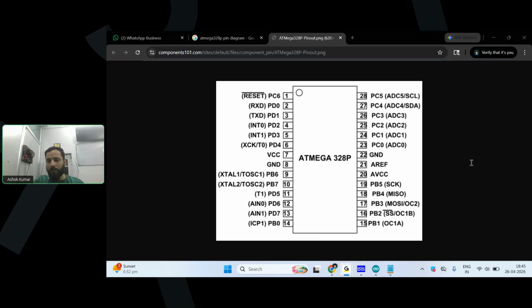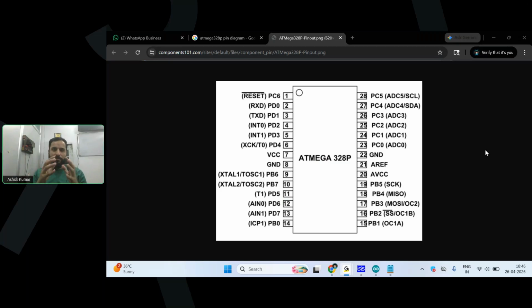Good. I have a question: if I am transmitting data at a baud rate of 9600 or 9.6 kbps, what will happen if I transmit data above 9600 baud? Will it give us any problem or not? Yes, obviously it will give you a problem. If you transmit the data at 19.6 kbps and your program is able to understand the data only at 9.6,